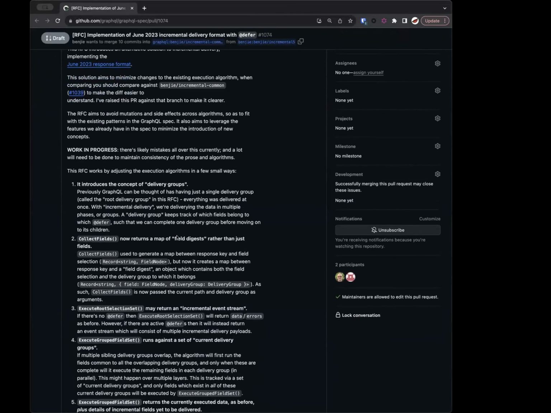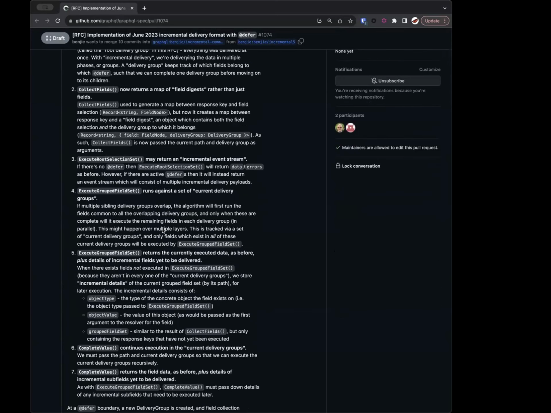So in order to do that, what I've effectively done is broadly similar to what I had proposed a year and a bit ago with the delivery groups. At field collection time, we choose the things that need to be executed now, and we also track the things that need to be executed next. Then we turn the incremental delivery into effectively a series of streams.